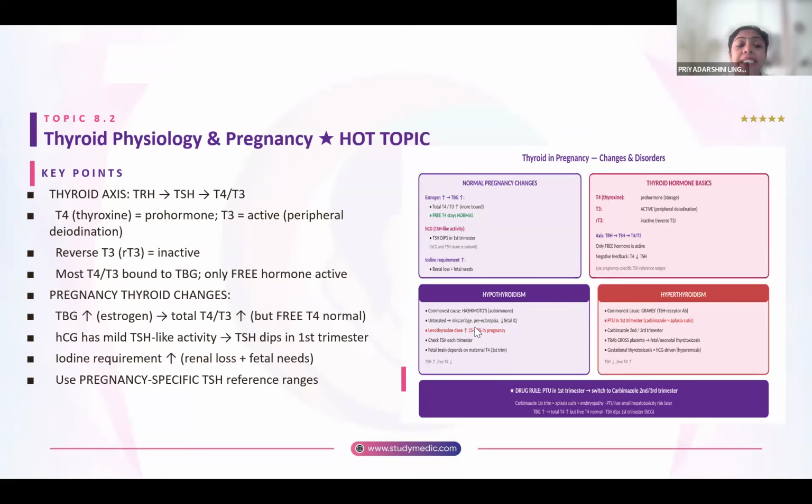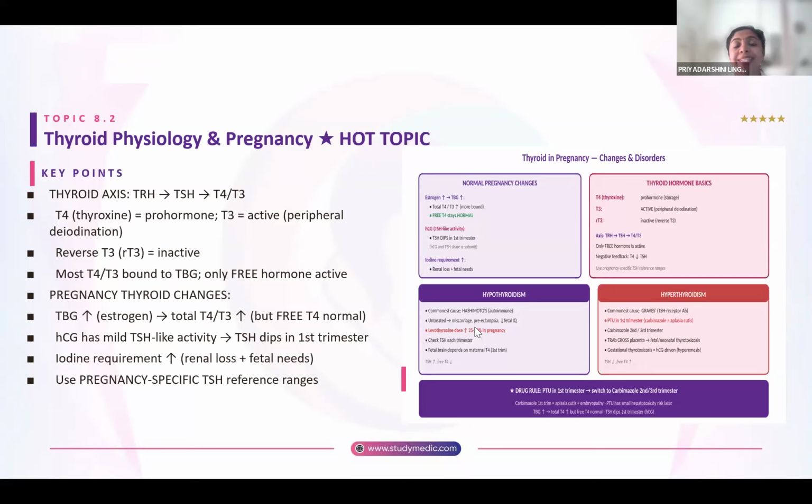Now, what are the key changes that are seen in pregnancy? The key thyroid changes are that thyroid binding globulin increases because of the estrogenic effect. So what happens is your total T3 and T4 increase, but your free T4 is still normal in pregnancy. HCG has a mild TSH-like activity because of similarity in structure. Because of this, there's a dip or a fall in the level of thyroid stimulating hormone in the first